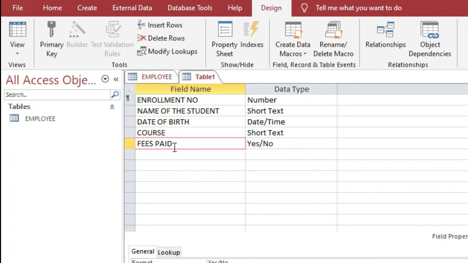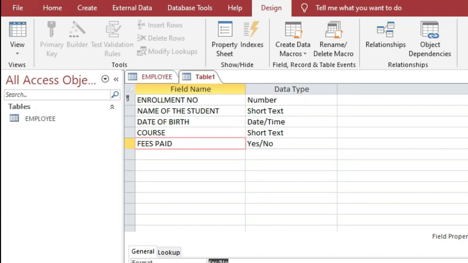Then click on the general tab, here already selected in the field properties section. Then click on the format option text box, here it is format option text box. A small arrow appears on its right. Now click on the drop down arrow and select the yes no option.